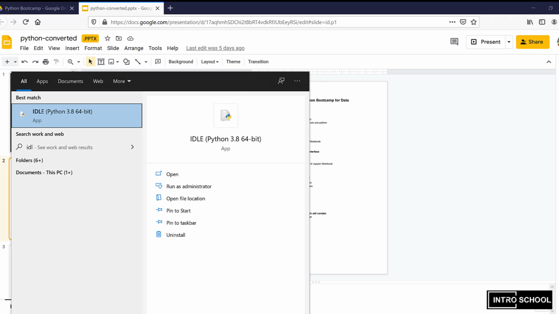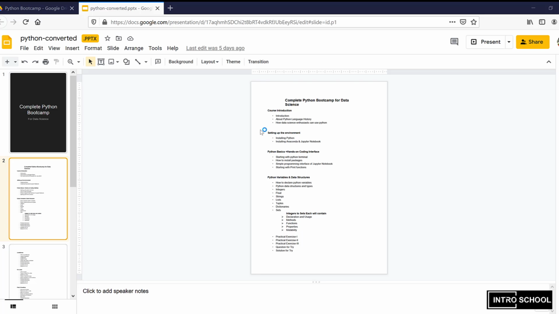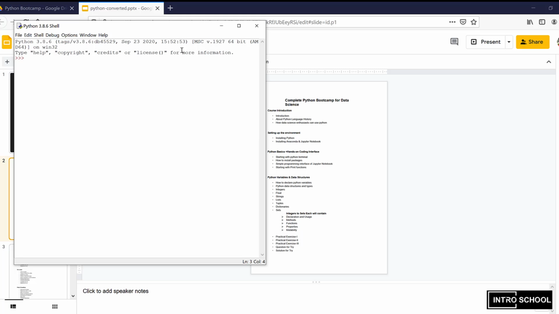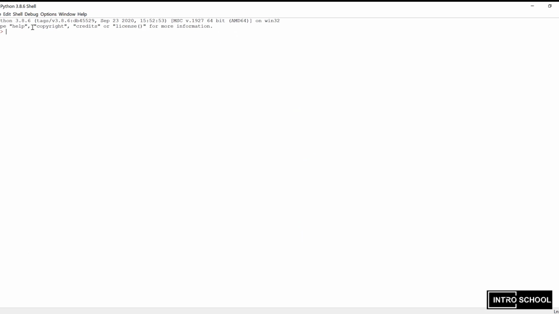So you can simply type IDLE and you can see this Python IDE coming. Once you click on it, it will open the app and you can see how it looks. See, this is your Python shell, and you can see Python 3.8.6. If you want to try the very first function, hello world, you can just simply type print